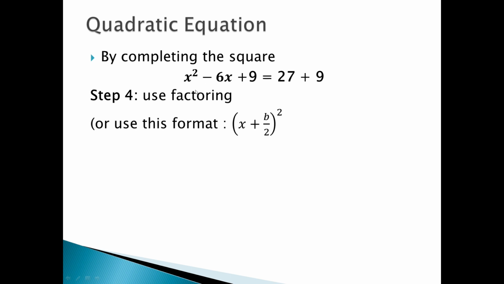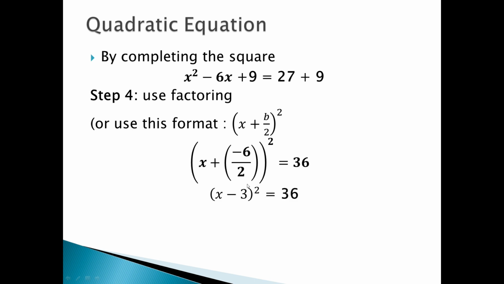Okay, so since this is now the target, the goal of making a perfect square trinomial, we have x squared minus 6x plus 9. So we can use this format, x plus b over 2 quantity squared. Remember that b is negative 6. So x plus negative 6 over 2 and then quantity squared. Okay, so equals 27 plus 9 equals 36. Simplifying further, negative 6 over 2 is negative 3, so we have x minus 3 quantity squared equals